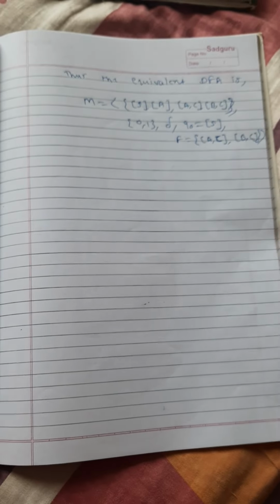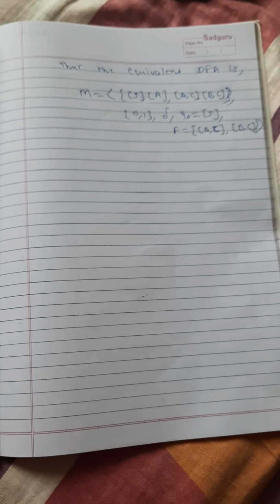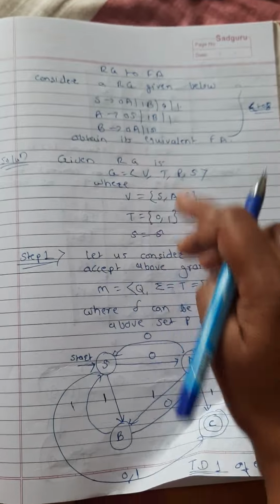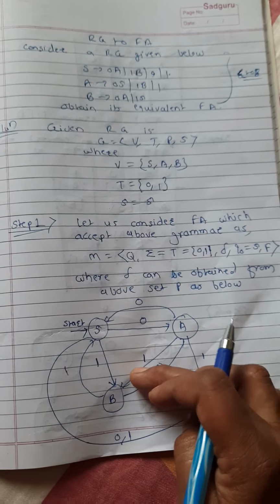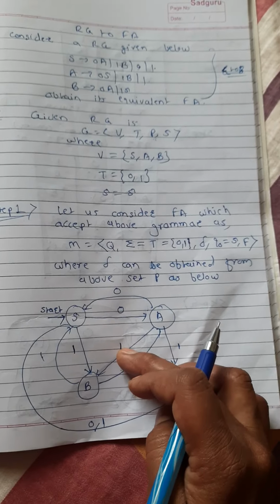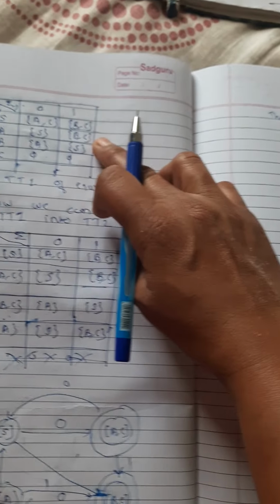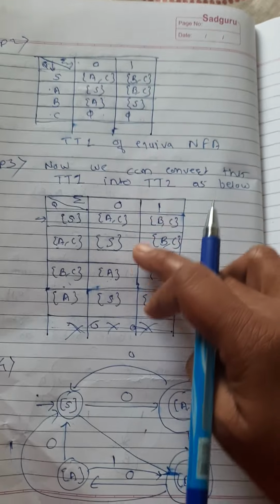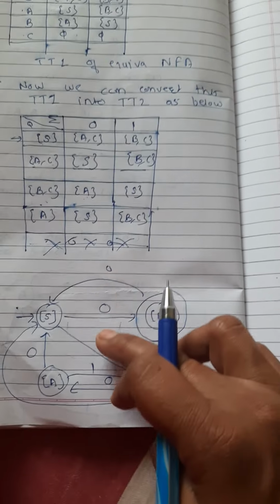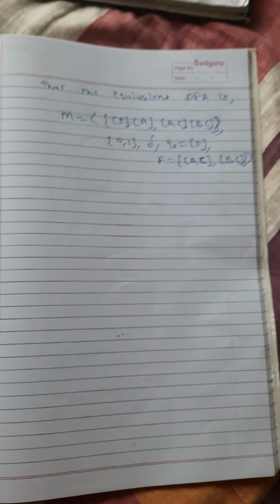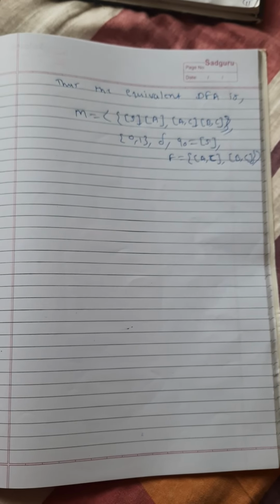Okay, so this way we can convert the given regular grammar into a finite automaton. The RG has to be converted into a transition diagram. The production rules are converted into the transition diagram, which is mostly an NFA. So this is the transition diagram. Obtain its equivalent table. Then from this table convert to the transition table, then the transition diagram, and then the final answer. Okay, so this way we can convert the given RG into an equivalent FA.